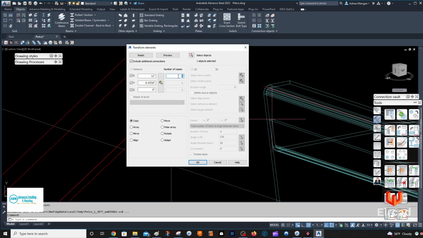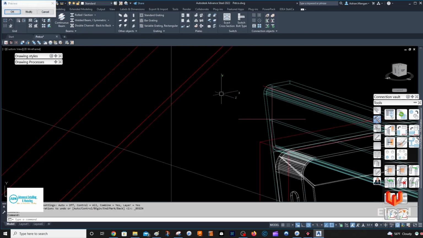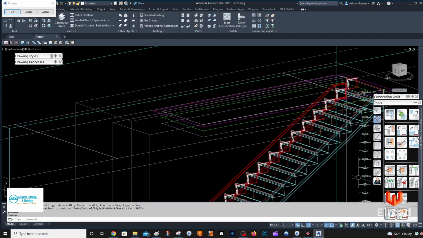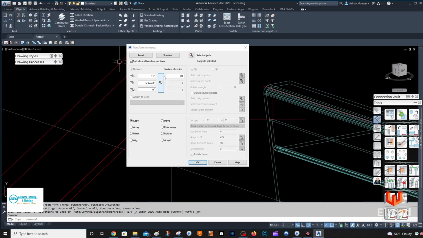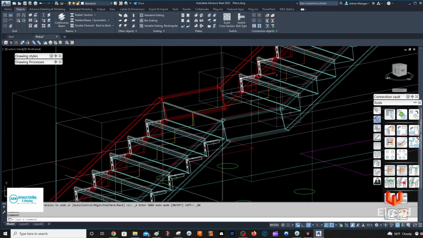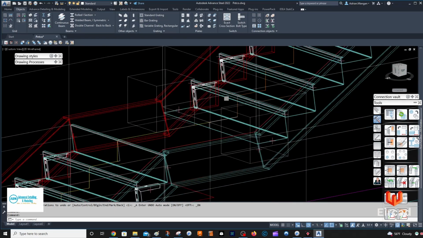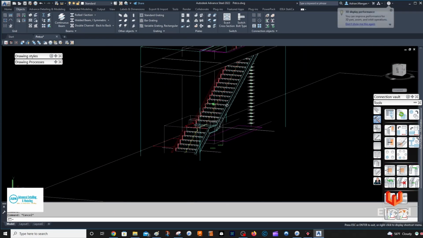So I'm going to do 20 copies in that distance there. So it's 11 inch going and 6 and 27 30 seconds rise. And then I'm going to preview, and you can see there's all your steps in. Too many. Modify 19, because I forgot about the first one. It's a different type of step. And then do OK. And then I would just weld all these to the stringer with one weld symbol, and